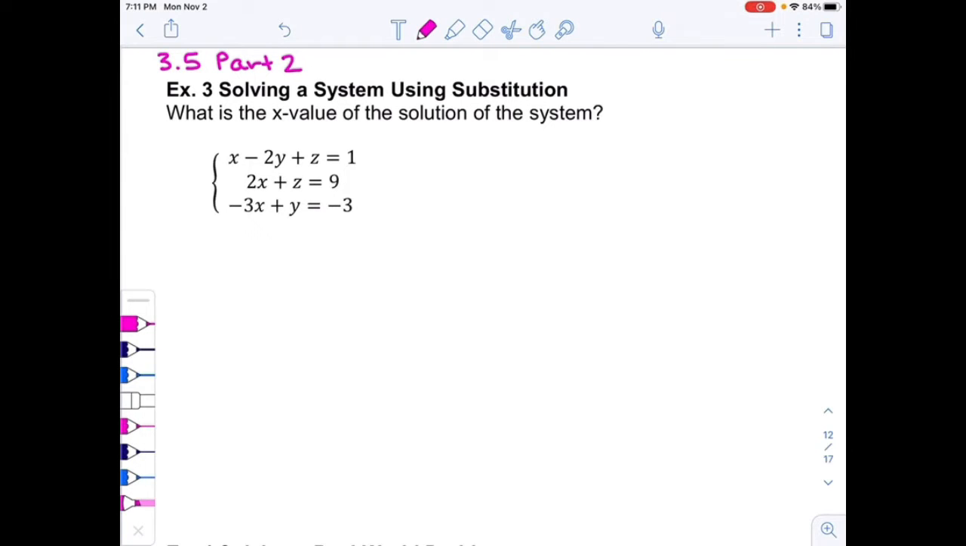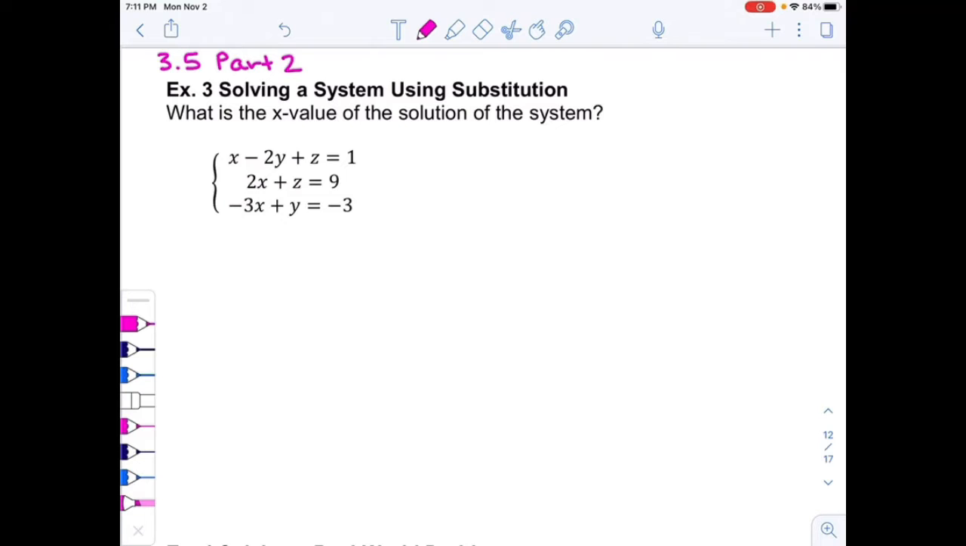Looking at section 3.5, part 2, picking up with example 3. We're going to look at solving a system using substitution. So the last two examples that we did, we used a bunch of elimination. If elimination works, you're more than welcome to use it, but there are some cases where substitution is just going to make more sense. So if we look at the system that we have, an x minus 2y plus z